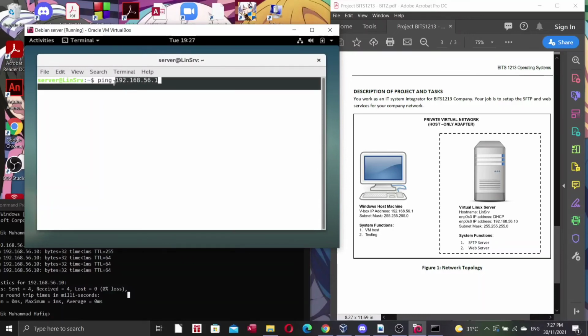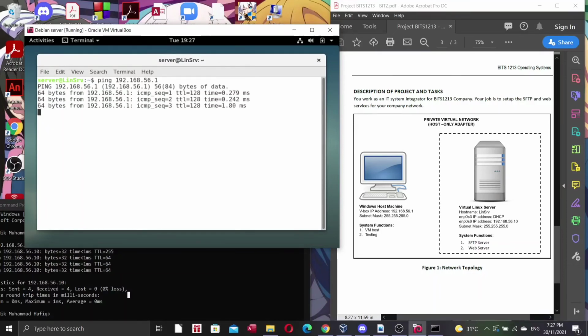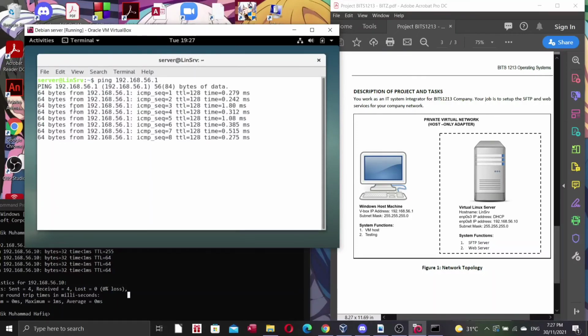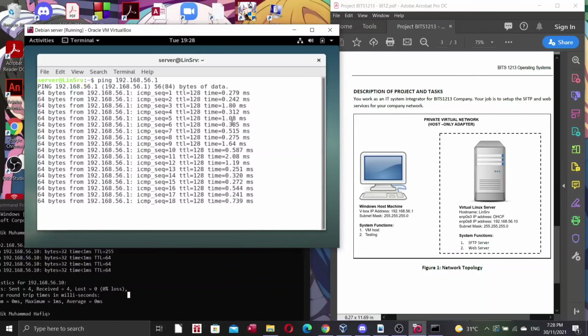We're gonna ping our host from our server. As you can see now, our server has successfully pinged the host. Therefore, we are now sure that the host and our server communicate with each other.